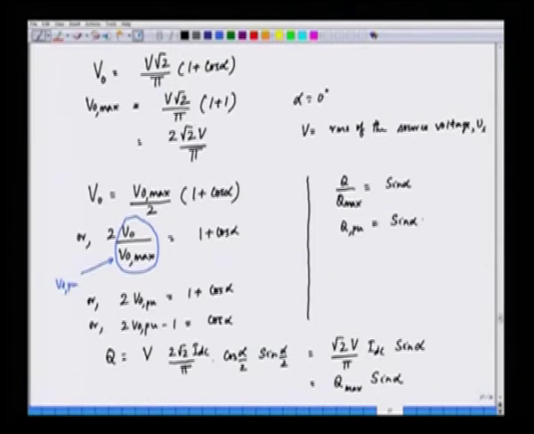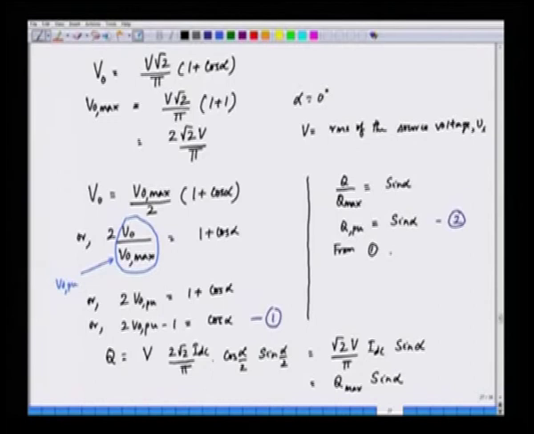So, we can call this equation 1, and we have equation 2 here. Equation 1 gives an expression in terms of the output voltage, and equation 2 has an expression for the input reactive power. So, from these two expressions, we can say